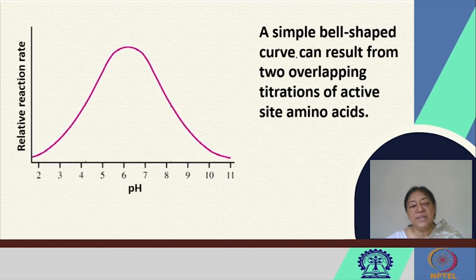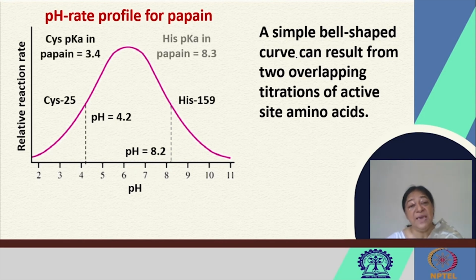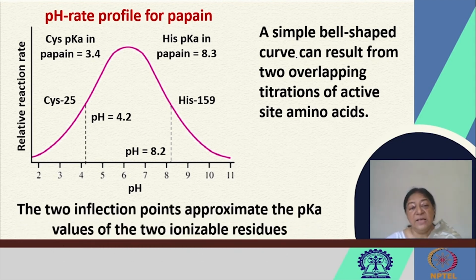So if we look at the titrations of these curves, the two overlapping titrations of the pH rate profile for papain, it is interesting to note that we have cysteine 25 and histidine 159, and the pKa changes to such a degree that allows the specific catalytic reaction or the specific role of cysteine, that tells us that these two ionizable residues are involved in this particular catalytic cycle or the catalytic process,